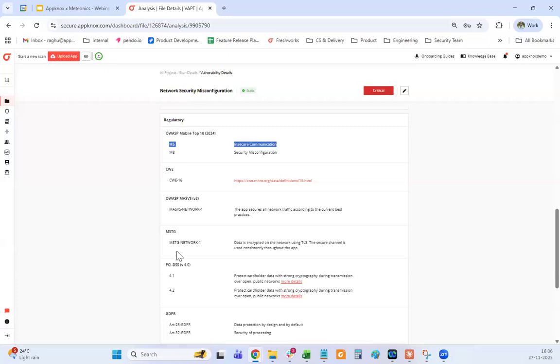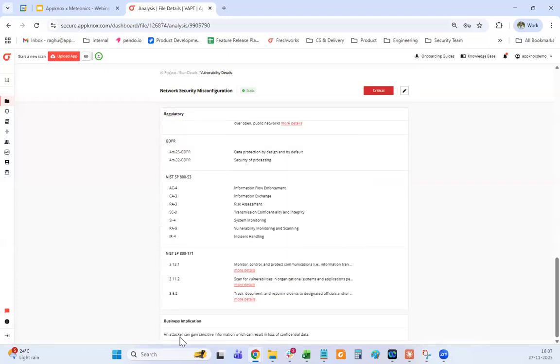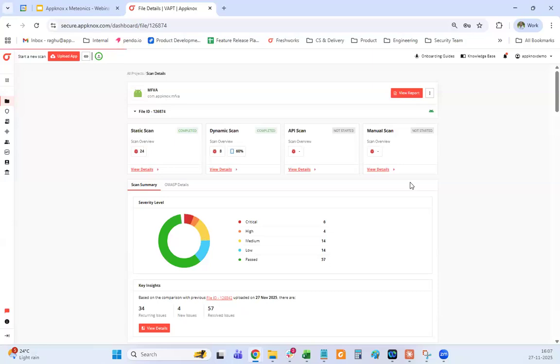This vulnerability is violating PCI 4.1 requirement of PCI-DSS version 4.0 guidelines, right? So that's how you interpret the results of what we are trying to showcase here with regards to regulatory and industry standards. Moving on, we show the business implication of what can happen if these vulnerabilities go unaddressed, right? So this is the core VA module that we have, where all of these scans are automated: